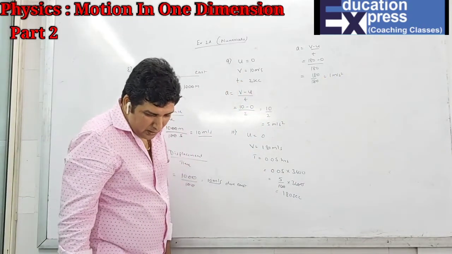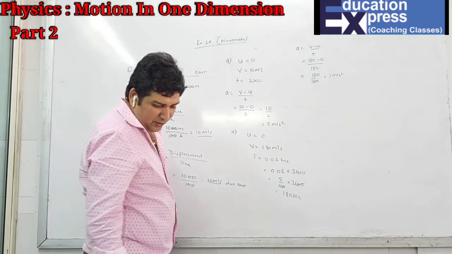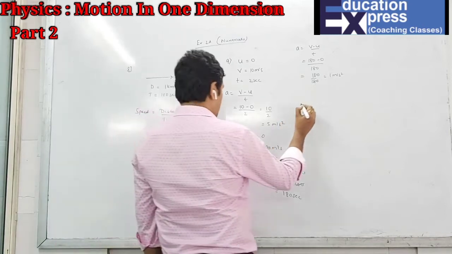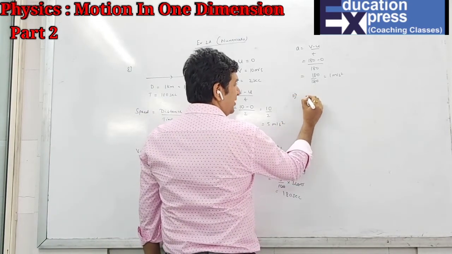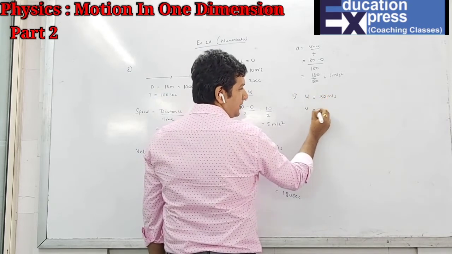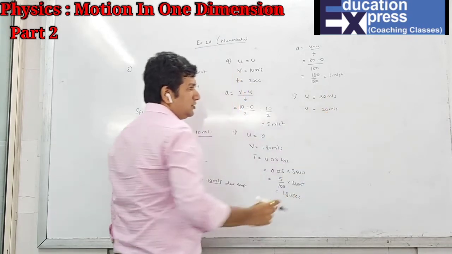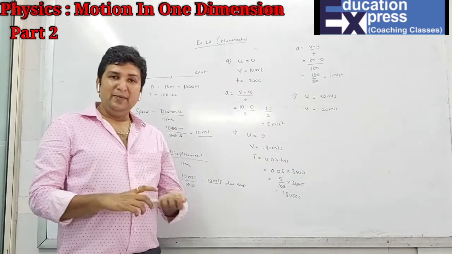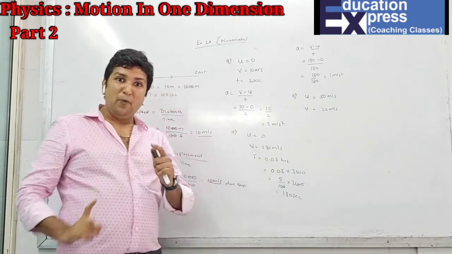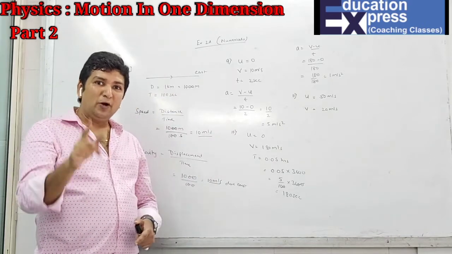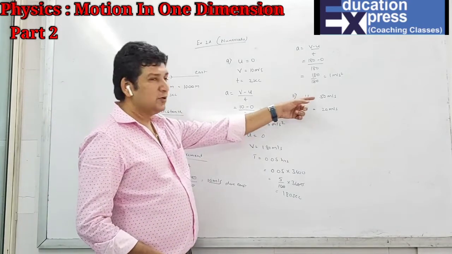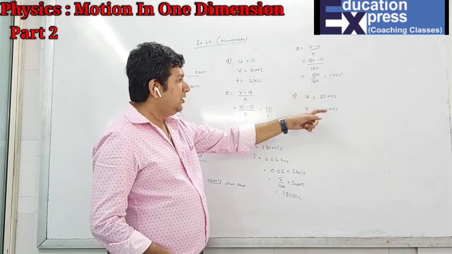11th sum. A body is going vertically upwards. Its velocity changes at a constant rate from 50 meter per second to 20 meter per second. That means the body is going upwards, and the velocity is changing from 50 meter per second to 20 meter per second. Students, can you tell me why this happens? When they mention vertically upwards, that means it's going against the gravity. That means whenever anything opposes the gravity, the velocity of that body will keep on decreasing, because gravity is continuously opposing it. That is why when the body goes upwards, the velocity became from 50 to 20.